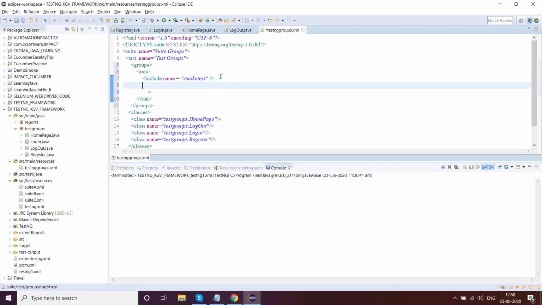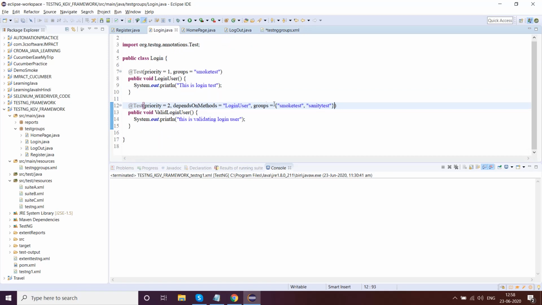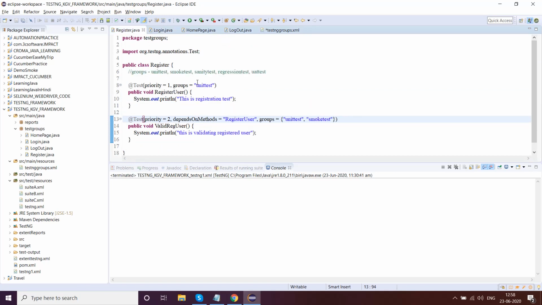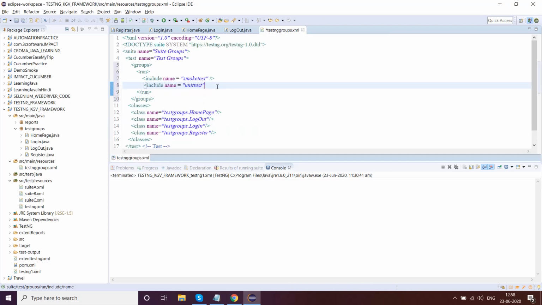We can introduce another group, include name equal to, let's say, unit test. We have to be very careful here: unit all in small. Unit test, close this, save it.